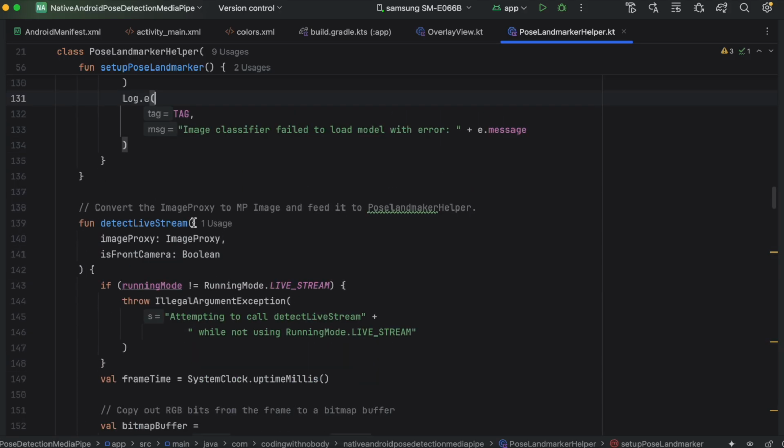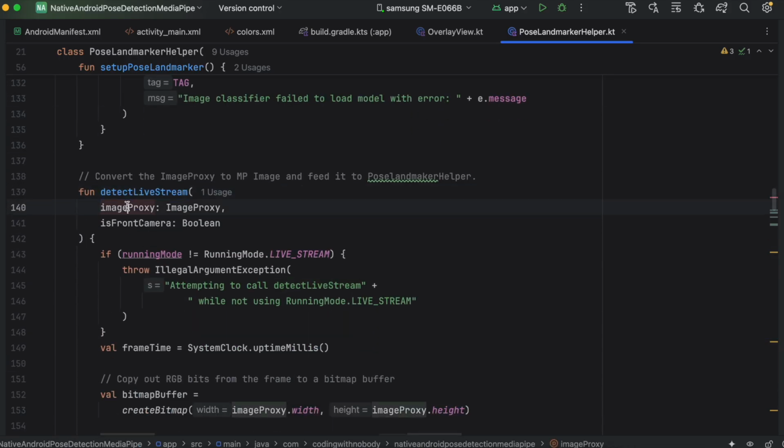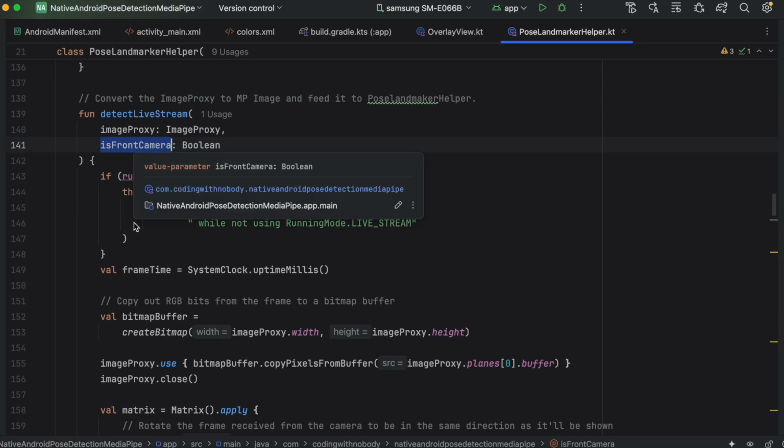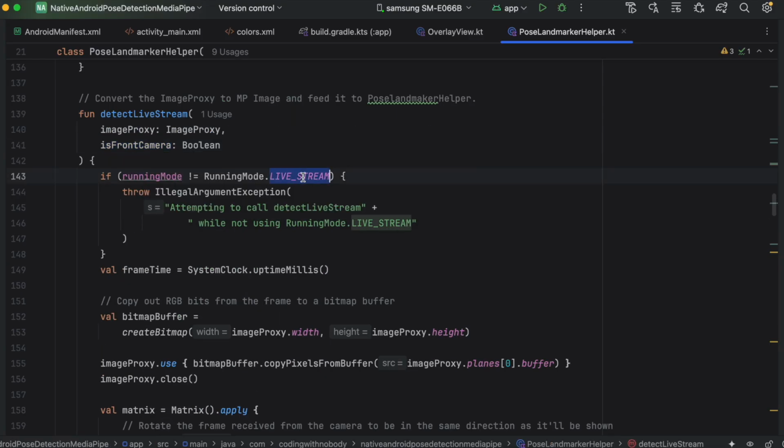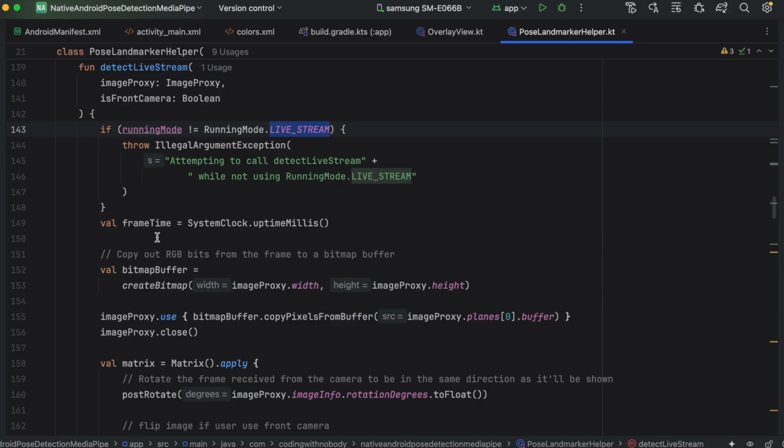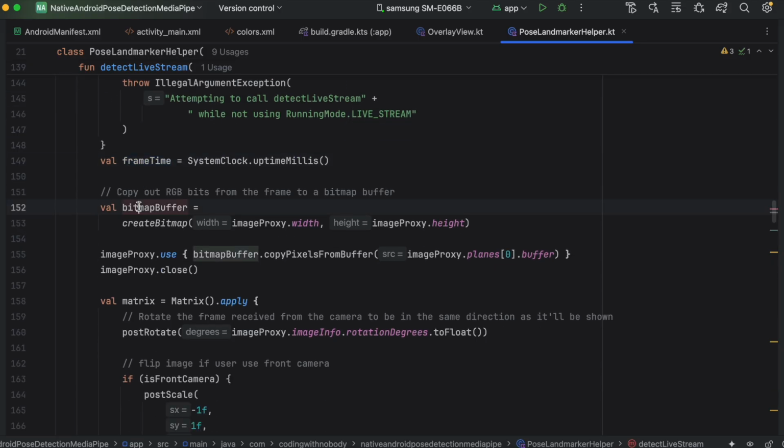Okay. Then here we just call detect live stream, where we pass the image proxy as well as is front camera. And if the running mode is not equal to live stream, then we throw an exception. Then we get the frame time. Here we get the bitmap buffer, where we call create bitmap, passing the width and height. Then we do image proxy dot use bitmap buffer, copy pixels from buffer, and here we just do plain 0 dot buffer, then we do image proxy dot close,